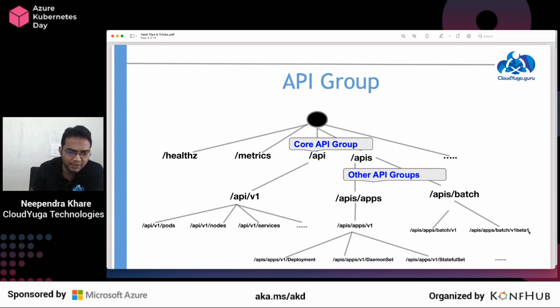So every resource in Kubernetes, like the pod resource, is under a certain hierarchy. To create a pod object, I need to go to /API V1 and then pods. To get deployment, I have to go like this. So these predefined objects are there.